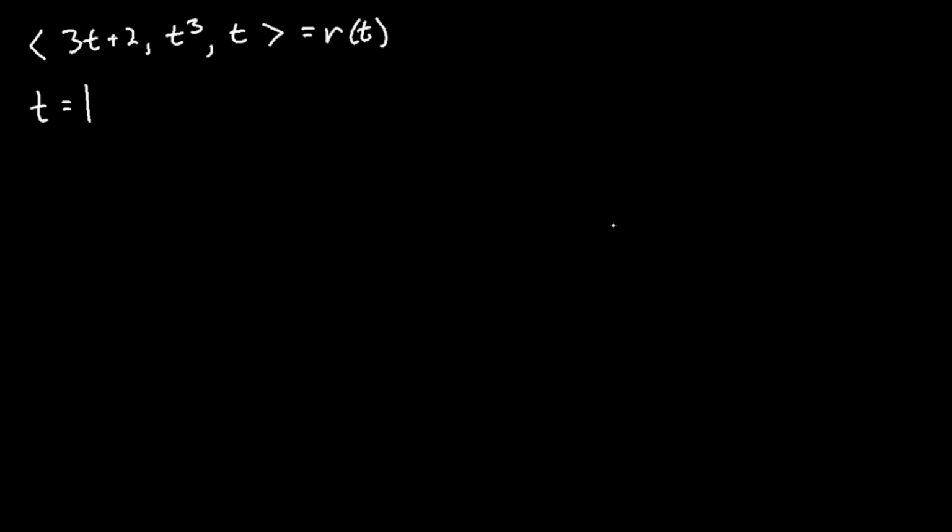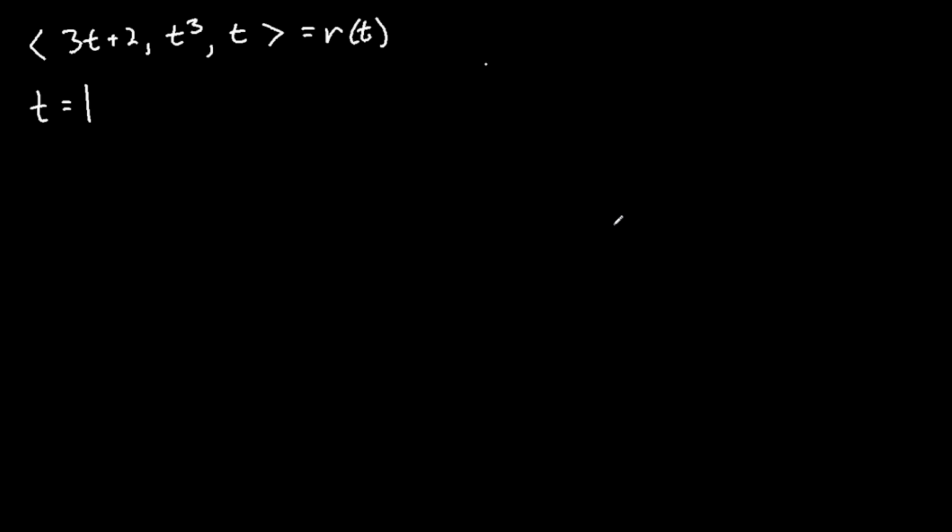Okay, how do you find the equation of a tangent line at t equals 1 given this space curve here? So, first thing you have to do, you have to find velocity. Because velocity will give you the slope of the tangent line at the space curve, r, right here. And once you have the slope of the tangent line, well, not necessarily the slope, but the vector that is